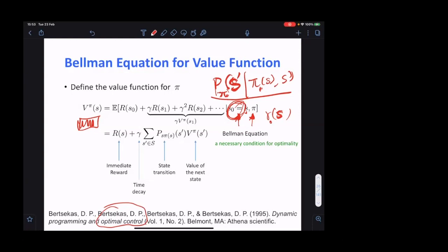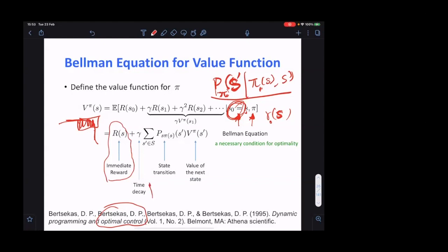Eventually it will converge to the stationary distribution of the state visitation frequency. So you can write down this expected cumulative reward given the current state, which is equal to the immediate reward you're going to receive at the current state,